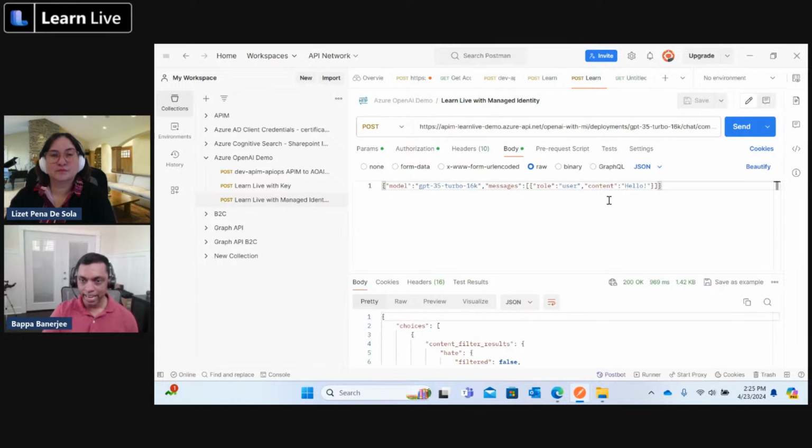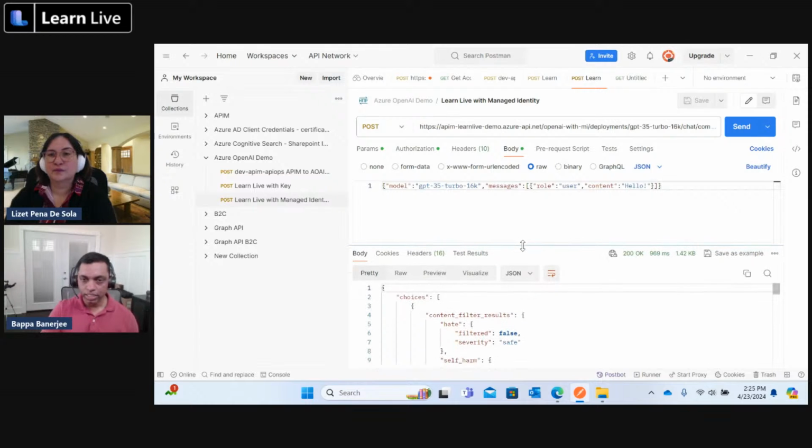If you are building a RAG app, you will be passing more data into the API as part of your body, and then you need to check the claims and tokens, the max token and so on. So we suggest you follow the other Learn Live sessions to handle the token validation and the load balancing part. But as part of this demo, we are focusing on how you can authenticate your Azure OpenAI through the